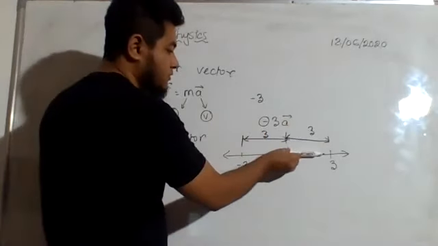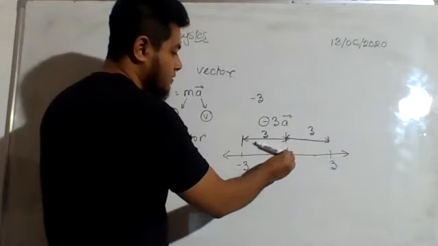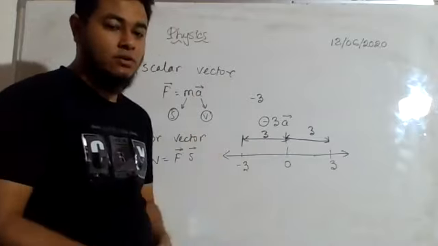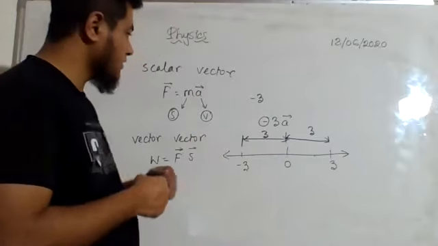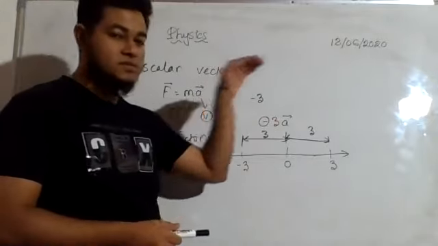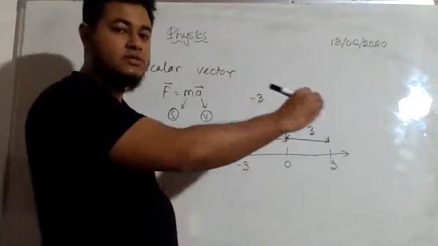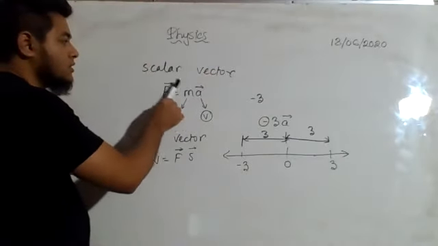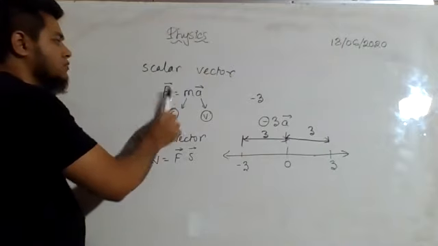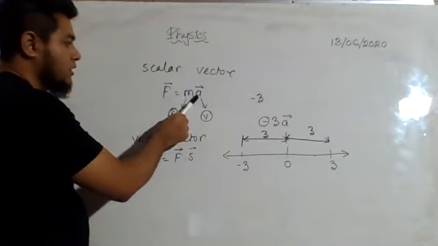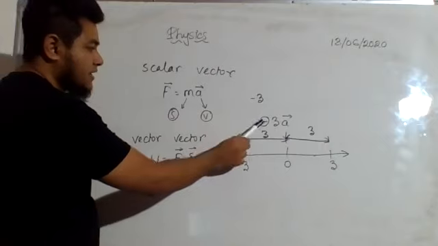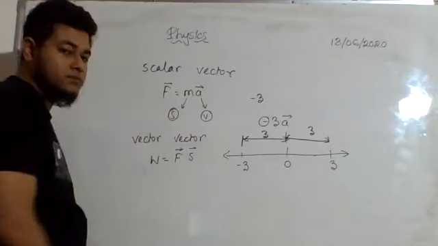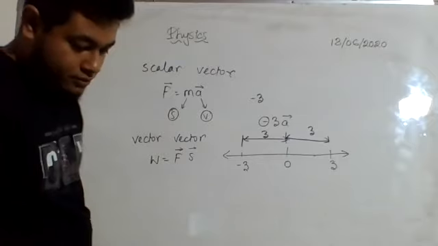See, this 3 distance has rotated by 180 degrees. That means minus turned something in the opposite direction, right? So if +3a represents this direction, -3a will be representing the opposite direction. So when m is positive, the direction of this will be according to the direction of this one. But when the value of m is negative, then the direction of this is going to be the opposite direction of this. Okay, I hope you understand.